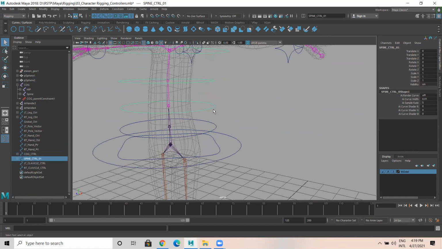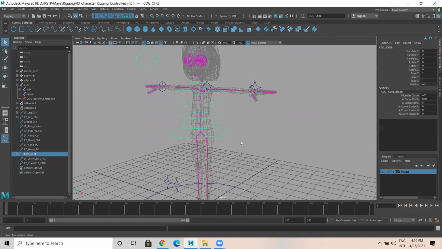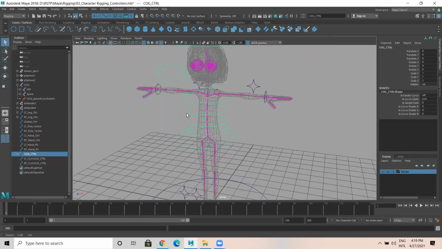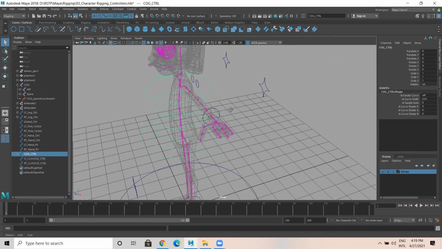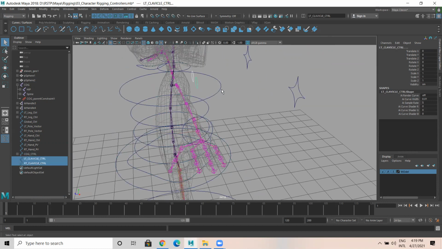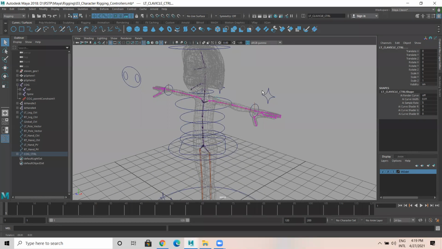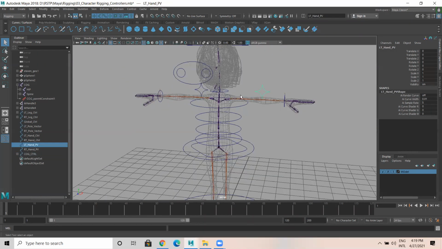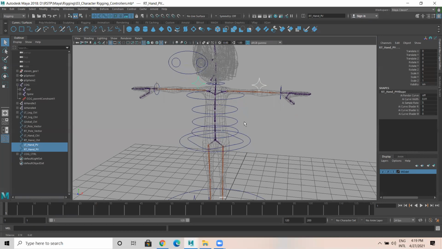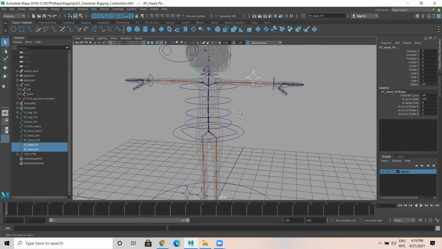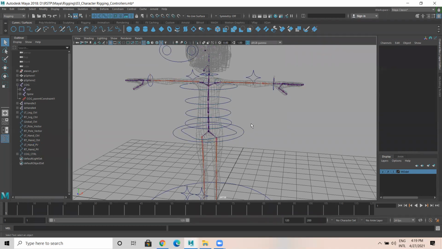I think I must select this one and shift select this one, P. So when you select this, everything should be selected. So then here, select these two clavicle controllers, shift select the chest controller, P. And select these two pole vectors. Select these two pole vectors and shift select the hand, right?